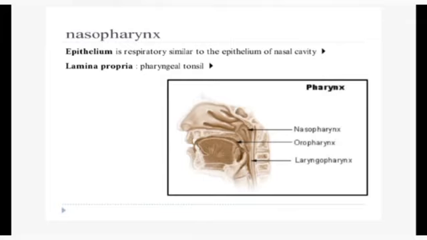I have already told you about the adenoids and adenoiditis. Whenever this pharyngeal tonsil is enlarged, especially in children, it gives some trouble to the children, and we do the adenoidectomy. A submucosa of loose connective tissue is present only in the superolateral part of the nasopharynx. The muscles forming the wall of the nasopharynx are of the skeletal variety. These are actually the muscles of the pharynx: the superior, middle, and inferior constrictor muscles of the pharynx. The fibrosa is the outermost layer, and it consists of a thin layer of fibrous connective tissue.